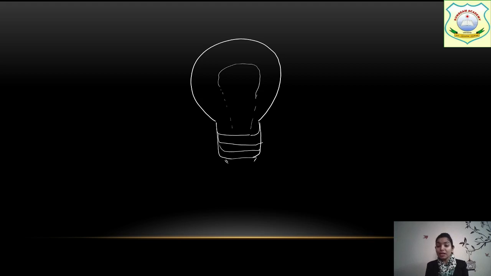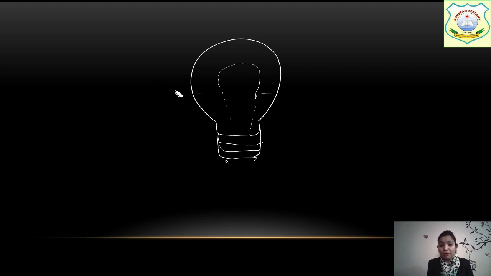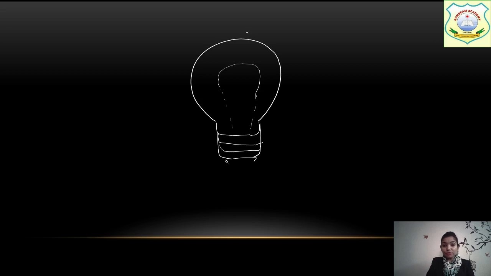Now we have to draw the line of symmetry in it. So now tell me students, if we divided it like this, is it a proper line of symmetry? No. So we have to pay attention to which shape we have to divide horizontally and which shape we have to divide vertically, right? So here we need to draw the line of symmetry like this. And how many lines of symmetry can there be? If we fold it, it will be equally half. So only one line of symmetry is possible in this bulb.